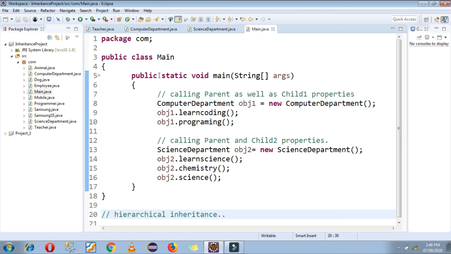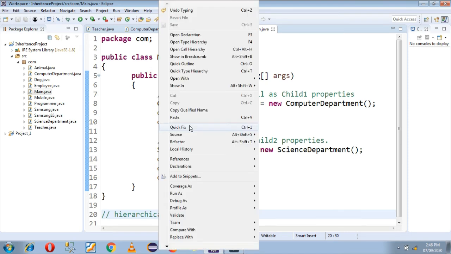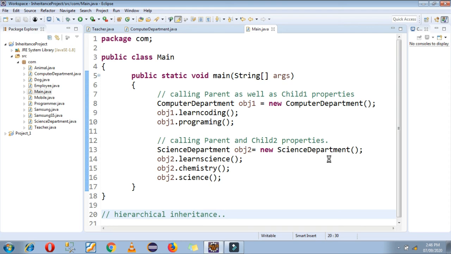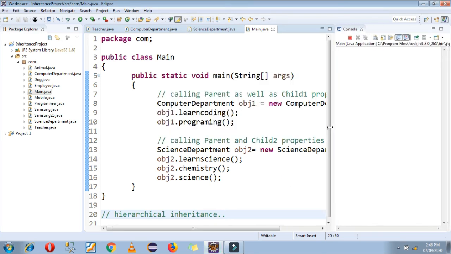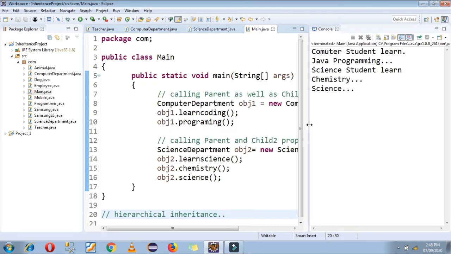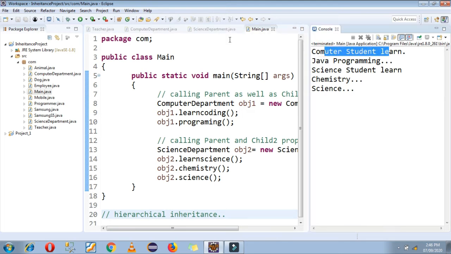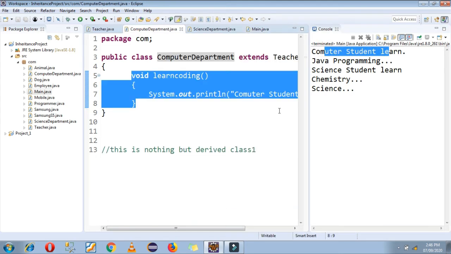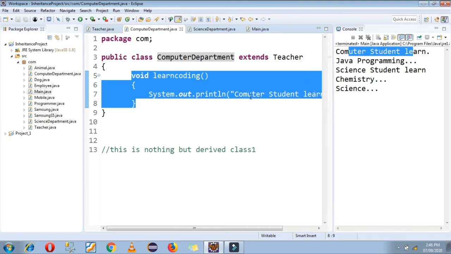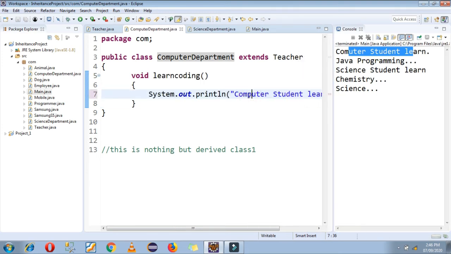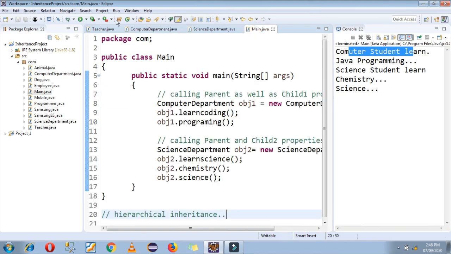So I am running my main class and checking my console now. Okay, it's printing computer student learn. Okay, so I made a spelling mistake. So computer, now again I am running my code. Fine.